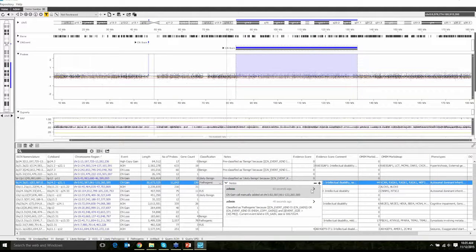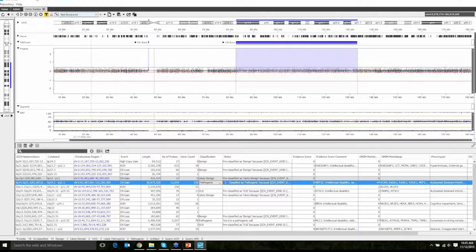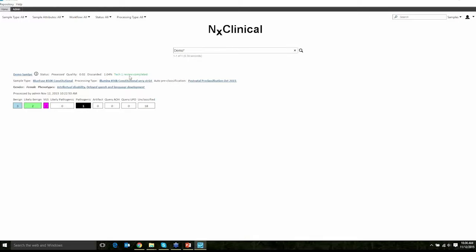Now, you can go in here and add more notes saying, I think this is a mosaic gain. And as Tech 1, I could say, okay, I'm done with this, so I'm just Tech 1 review completed. I change the workflow stage and stop at that point. Now, let's say the director comes back and opens this case. Let's say I close this. See, it says Tech 1 review completed state. And if I go back in here,